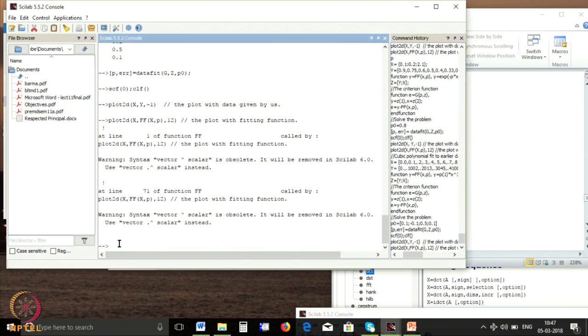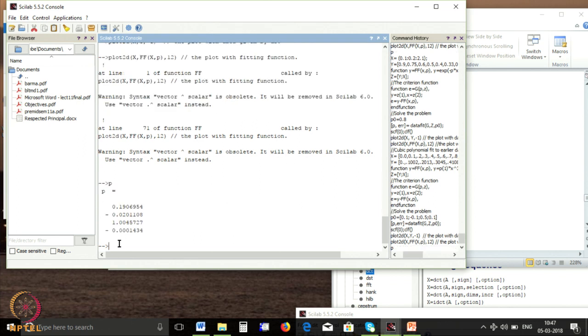Since it is executed, let us try to print that p. There will be 4 values of p. You see P1, P2, P3, P4, it is exactly the same program that we did in the class earlier. Why it has not printed, I do not know. So, let me try this again. Exactly, it has given the same coefficients that we obtained through a cubic least square fit in our earlier class. The coefficients differ a little bit, but it is exactly the same.